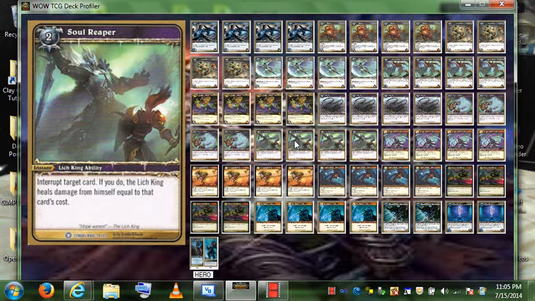This is an instant ability, which means you can play it during your opponent's turn, during either phase, as well as your turn, of course. So a card that you can play during your opponent's turn is good because that gives you the little surprise factor. It's a counter card. Its effect is interrupt target card. That's what it does. It counters. It negates a card